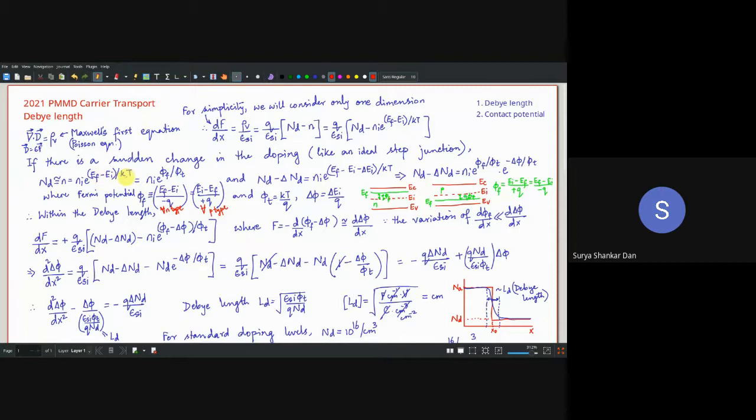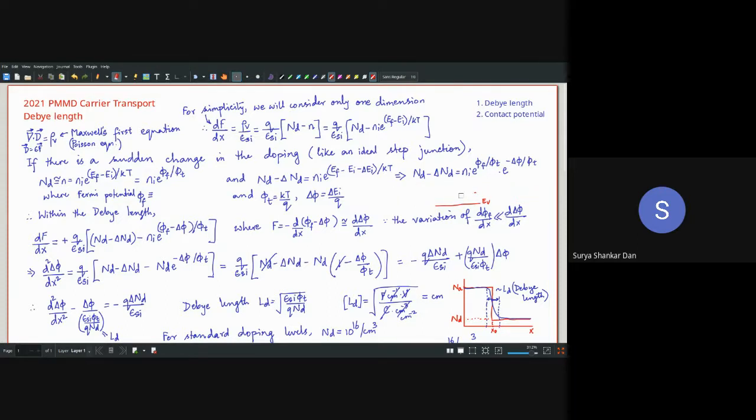So EF minus EI by kT basically turns out to be EF minus EI by minus Q. Is it becoming confusing for you? Okay, so what we are trying to do here is phi T, which is kT by Q, is basically the volt equivalent of temperature, and delta phi is that. Okay, this might be too much. We will look into this later,